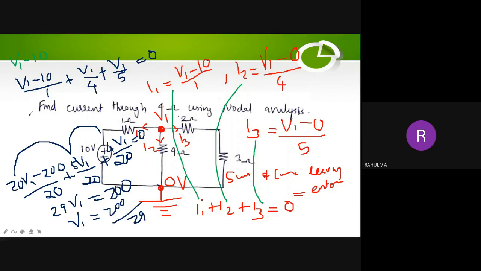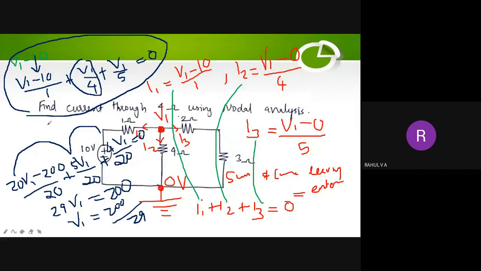Okay, so first, what did we do? We have to simplify this equation, convert it into a simple ordinary equation. So what I have done is bring everything to a common 20. For this term to become 20 in the denominator, I have to multiply numerator and denominator with 20, so I have multiplied like that. Then for the denominator of this term to become 20 I have to multiply numerator and denominator by 5. For the third term, for the denominator to become 20 I have to multiply numerator and denominator by 4.